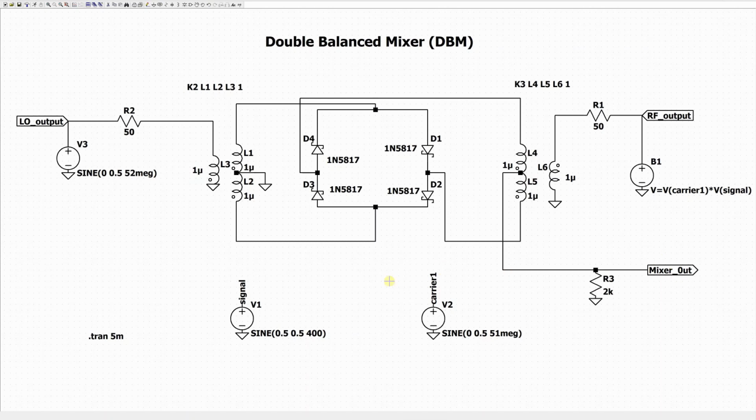So as I mentioned, we have the local oscillator. The output is gonna come as input to the mixer, and the RF is gonna come from the output of the RF amplifier. But here, since we don't have that output, we did the same thing as we did in the schematic of the RF. So we generate a signal which is similar to what should be the output of the RF